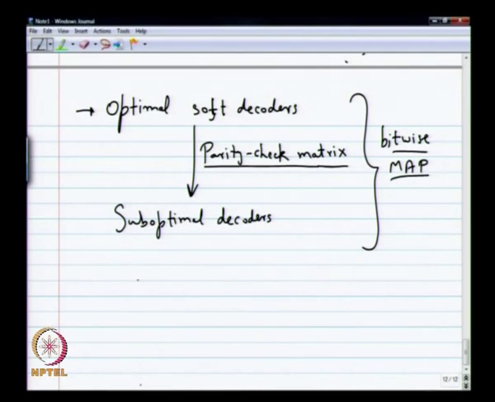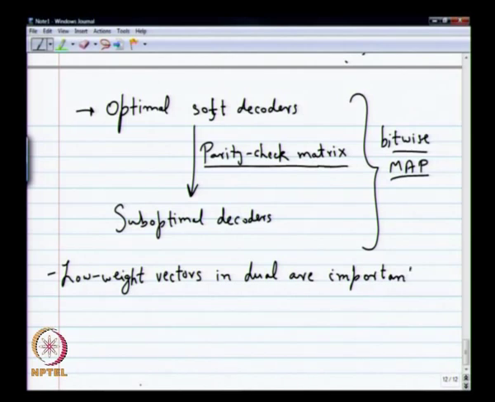So basically, low weight vectors in the dual are important. The reason why this is true is, this is again a heuristic justification, but it also is valid very much in practice. If you have x equals, let us say, x1 XOR